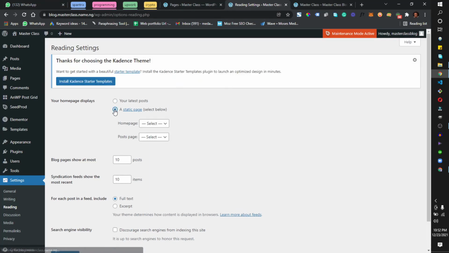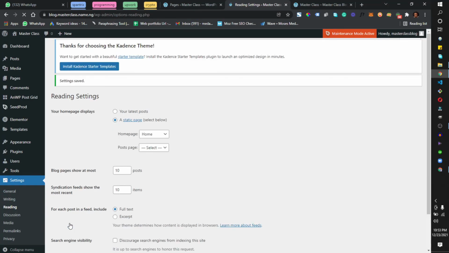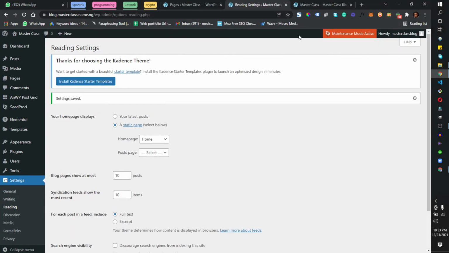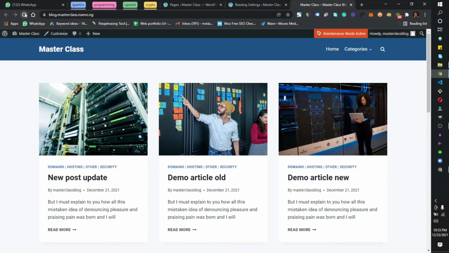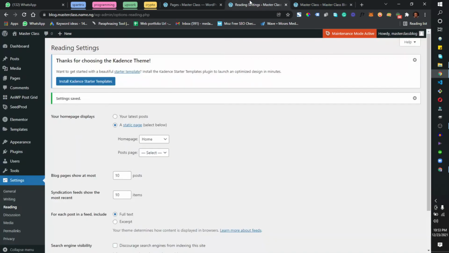So I'm going to click on a static page, home page. I'm going to select home. That was the page I created earlier. I'm going to click on save changes. Cool. So if I should reload this page, all the posts should be gone, and we have this. The next thing I want to do is come to pages,